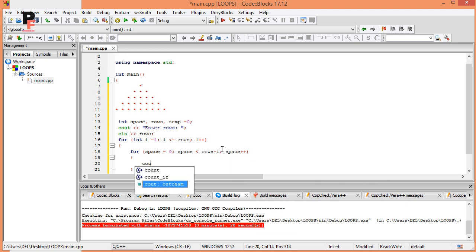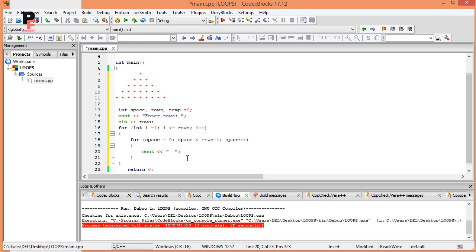Cout spaces for that. Now what will happen over here? Space is equal to 0, space less than rows minus i. For example, if the user enters rows 5, minus 1, for the first time it will print 4 spaces, then it will print 3 spaces, then 2, and similarly up to the rows. And now we want to print stars. For that we use while temp not equal to 2 into i minus 1, and then